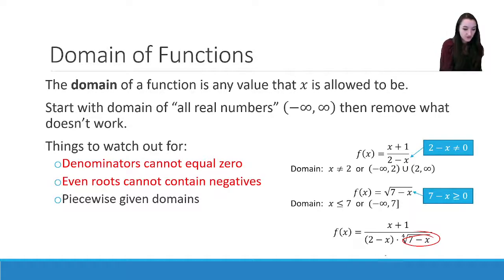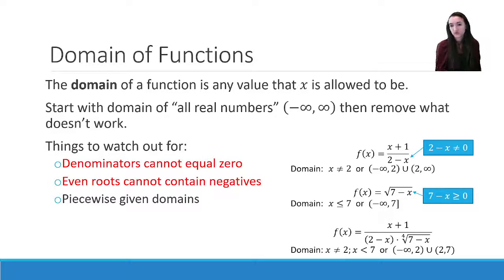So we would have two problems here: that 2 minus x cannot be 0, and 7 minus x has to be positive, but this time it also can't be 0. So in this case, we're going to get two situations. x cannot equal 2, and x is less than 7. So when we write that as a combined